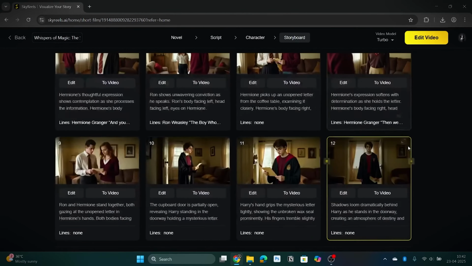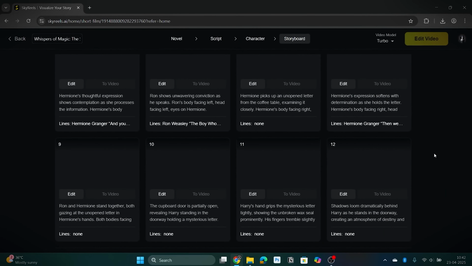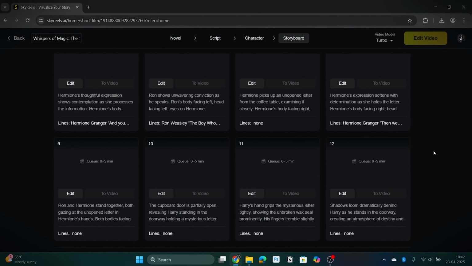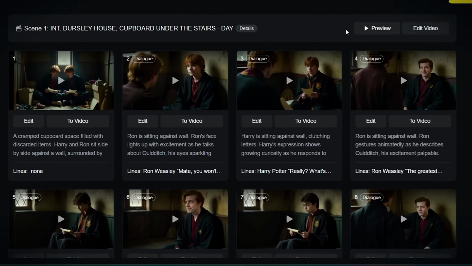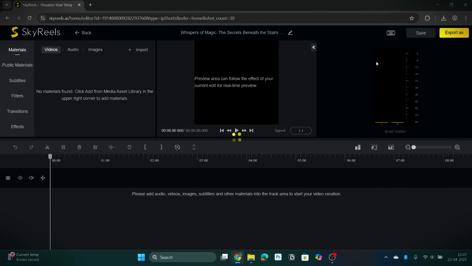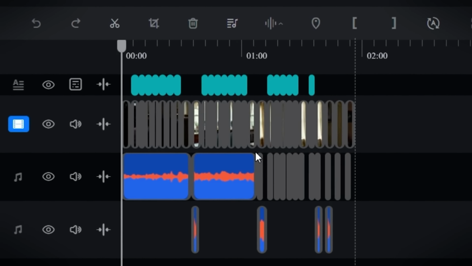Now once you are satisfied with all your scenes, you just have to click on Edit Video here. After which your scenes will be merged and sent for voiceover. All this work will be happening on the back end. Therefore, you may have to wait a bit. After which you will have a notification bar in front of you, where if you click on Edit, you will come to the editing interface, where all your clips will already be merged perfectly with sound effects and voiceover.